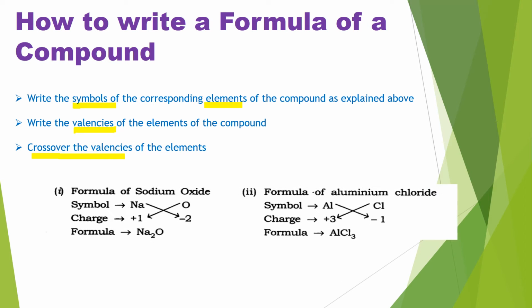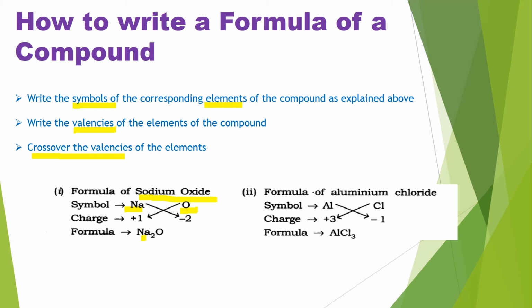For example, I have given the example, sodium oxide. Now this is your compound. So sodium, the symbol is Na. Oxide, the symbol is O, that is oxygen. Sodium, the valency is +1, that is Na plus, and O, the valency is -2. Now you have to cross it. O is crossing with this 1, Na is crossing with -2. So Na first always, as the metal, is written on the left side. So Na crossing with 2, and O, Na2O, that is sodium oxide.